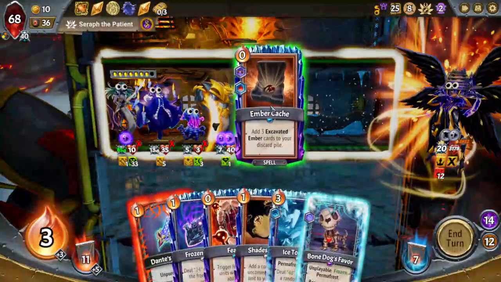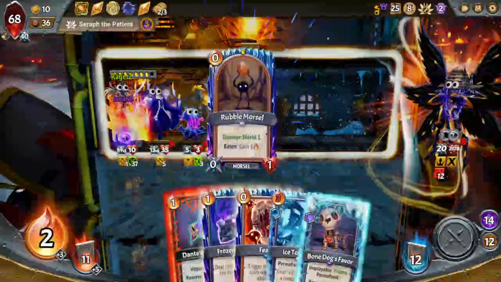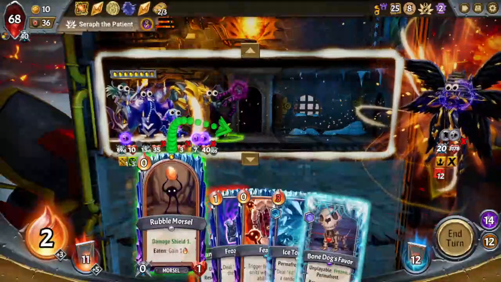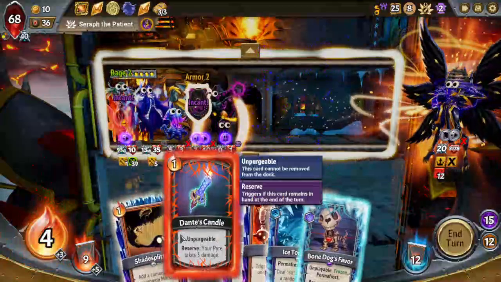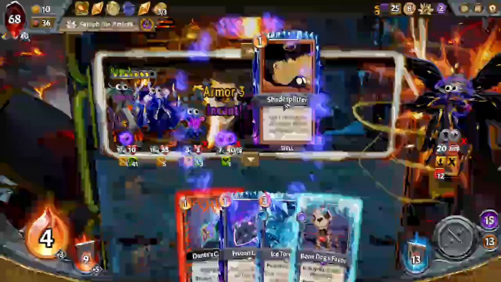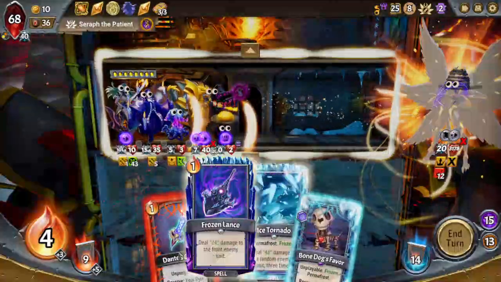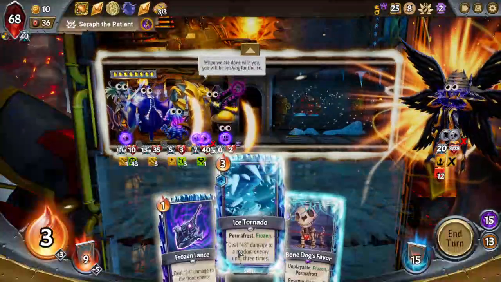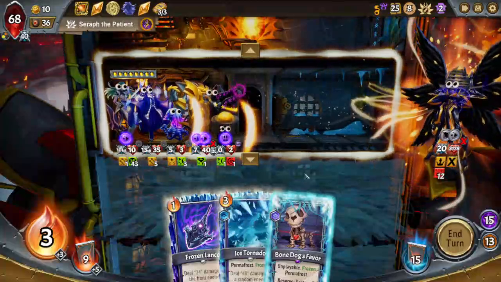Alrighty. And for funsies, we get to Ember Cache. We get to Shade Splitter. We get to Rubble Morsel this unit right here up in the front. Oops. We get to Excavated Ember. We can Feast. We can Shade Splitter. We can Morsel Jeweler. Dante's Candle. And then last but not least, with ×13 damage,